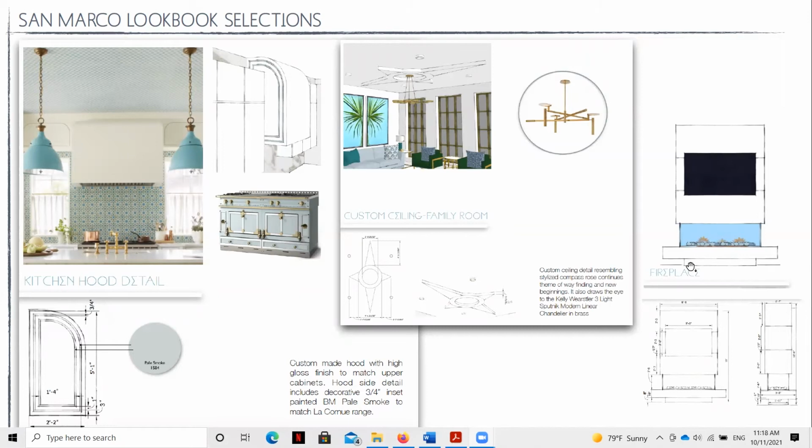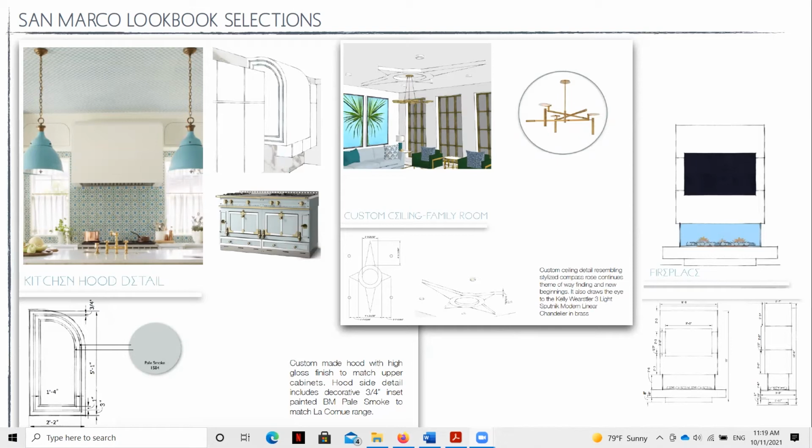Now you can see here, this is another page of the focus area presentation where we're looking even more deeply at the kitchen. You're seeing a combination of very interesting drawing types here. You're seeing the custom detail drawings in the family room ceiling, detail drawings of the hood. You're starting to see a little bit more descriptive information about these custom elements. Again, you're seeing elevations, section drawings, and this is really zooming in more on this focus area and creating drawings that are more detailed, right?